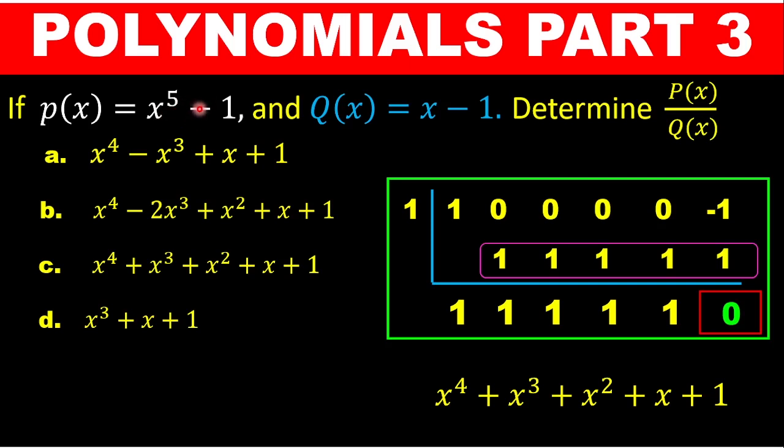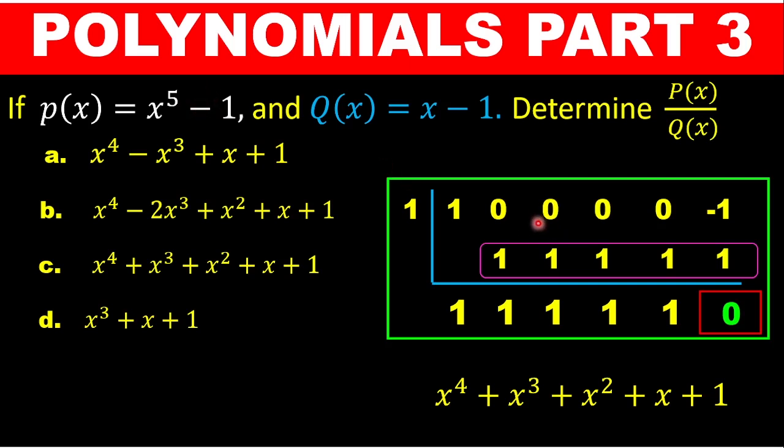So using the synthetic method, once a particular degree is not in the question, we assume that its coefficient is 0. So the coefficient for x to the power 4 is 0. So that 0 is what we see here. And then from x to the power 4, we should have had x to the power 3. That one too was not provided, and so its coefficient we assume to be 0. So that 0